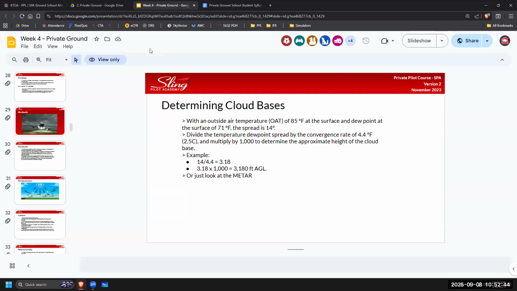Is everyone following the basics? Okay, the day and the time, the wind direction and the velocity, the visibility, the cloud ceiling, the temperature and the dew point, and the altimeter. Okay, let's look at